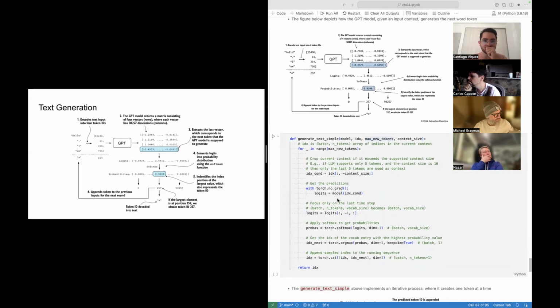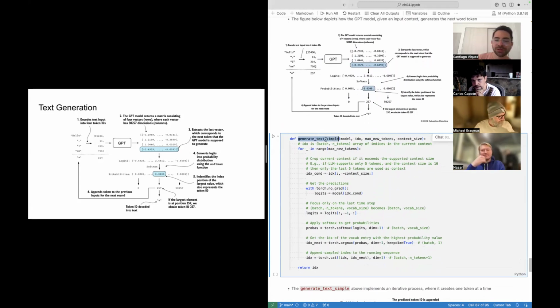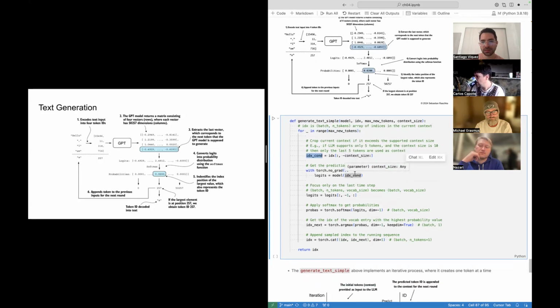So how is the process of text generation? We can code a simple text generation function, which is basically a loop. It's a loop that repeats 6 times, or the number of times that we put as max new tokens. Then it takes